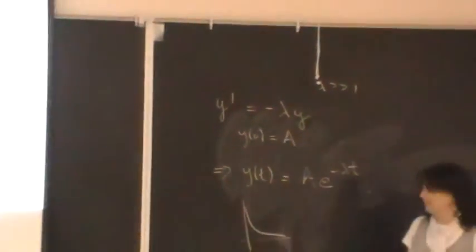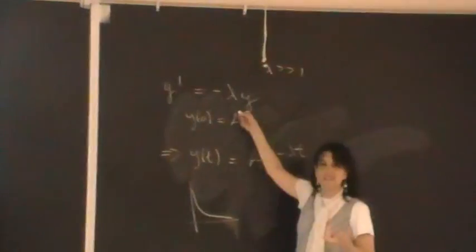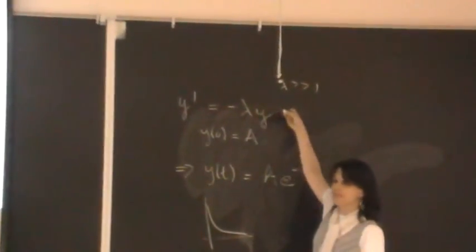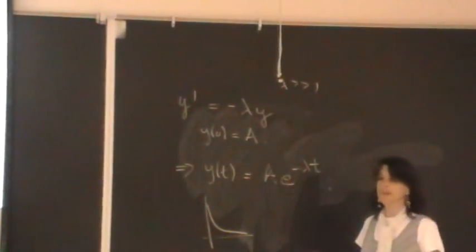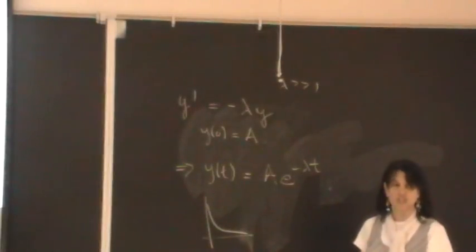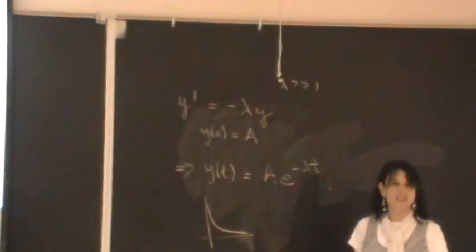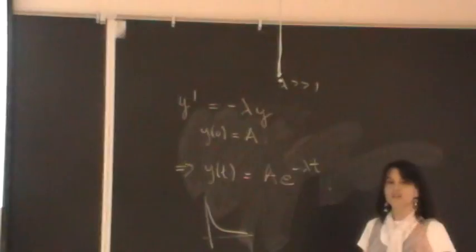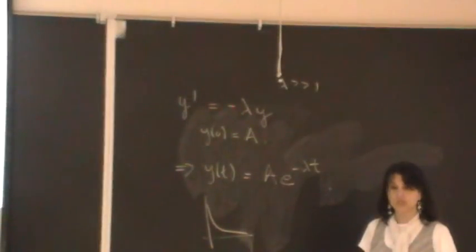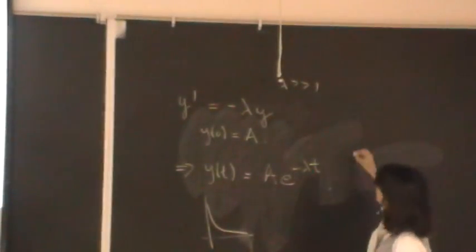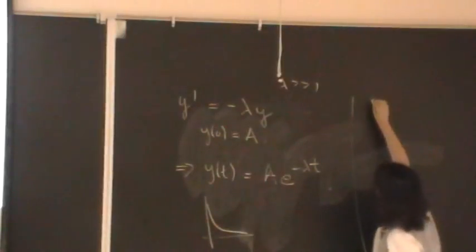Right? So with any numerical method that you use for this, where lambda is a very big number, to integrate this differential equation, you want the solution to die out to 0 fast. And you don't really want to use a tiny, tiny time step in order to get that. Okay? So look, if you use a simple forward Euler,